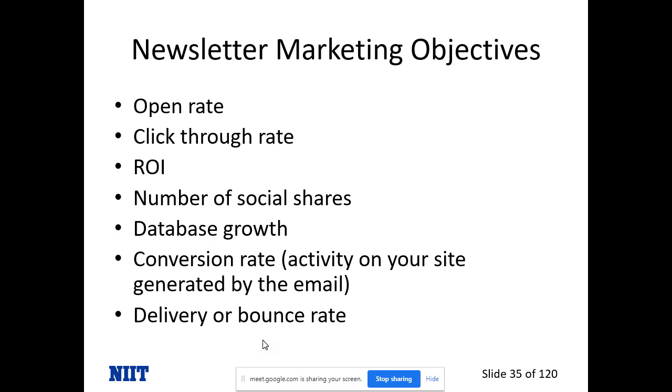So why do we do a newsletter? Why do we make people sign up for our monthly or weekly newsletter? Because we want to check the open rate, how many people actually are opening it, because MailChimp is going to show you that. And the click-through rate, how many people actually clicked on the link that you provided in the newsletter. And the return on investment, you can count these things. Then the number of social shares, because your monthly newsletter will have share on Facebook, share on Twitter, and share on WhatsApp buttons. Using MailChimp, you can attach these buttons, and then see how many people have actually shared.